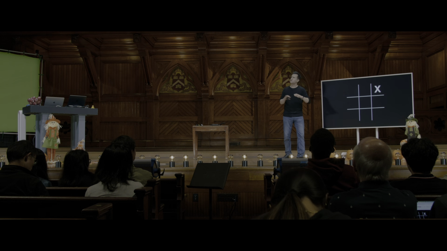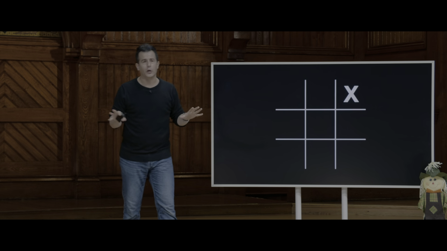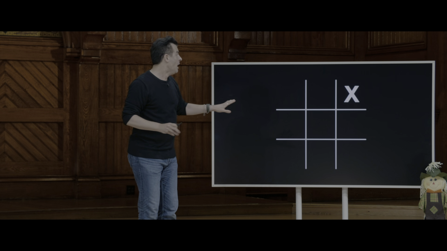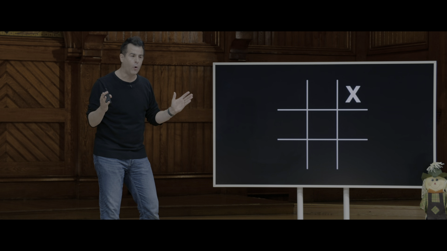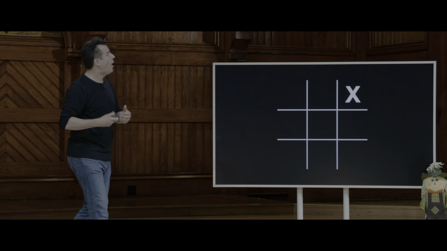So suppose, for instance, it's O's turn. Now, those of you who are very good at tic-tac-toe might have an instinct for where to go. But this is an even harder problem, it would seem. I could go in 8 possible places if I'm O, but let's try to break that down more algorithmically, as